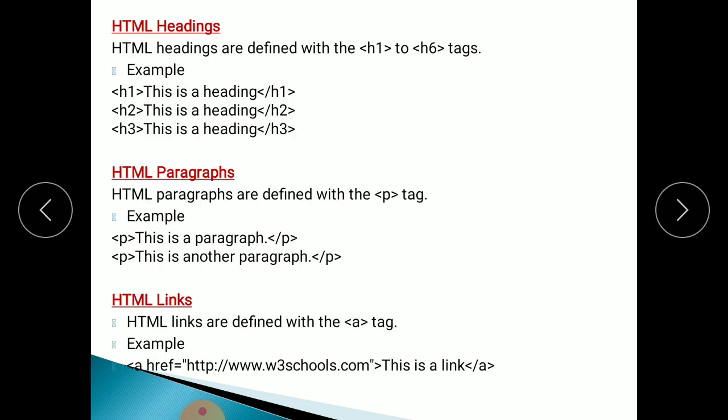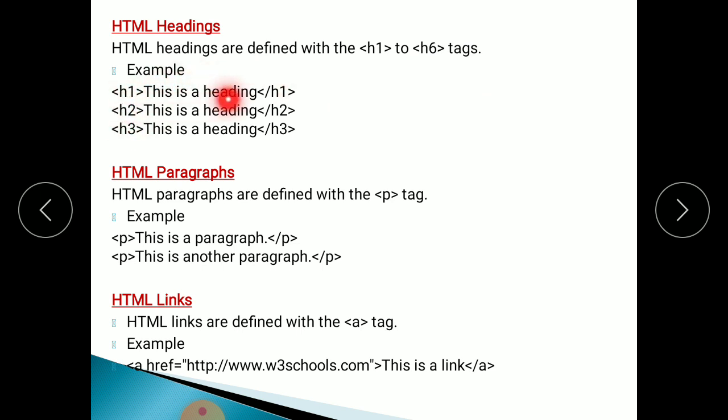Then HTML headings. See here, if you want to write any heading for your document, use the H tag for heading. HTML headings are defined with the H1 to H6 tags, meaning you can use six headings in your programs, H1 to H6. For example, H1 is for the first heading.